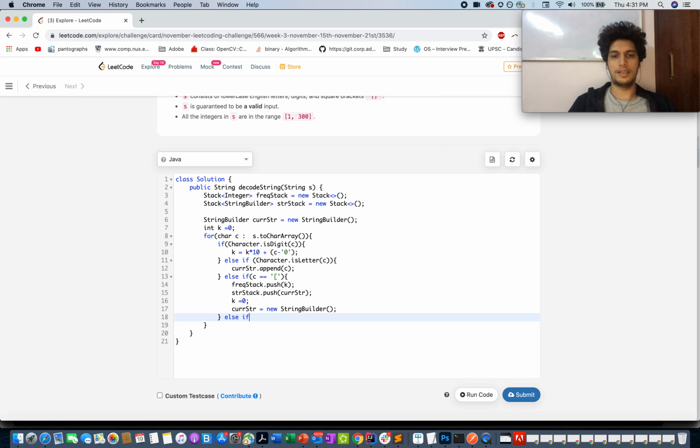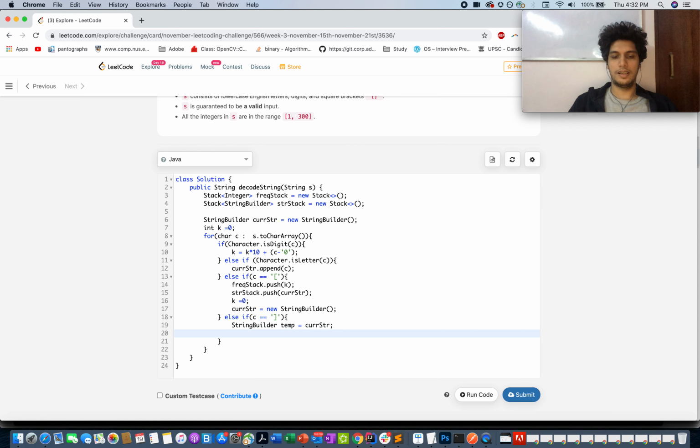The last part, else if c equals the closing square bracket, what you're going to do is simply store the current string value in some other variable. I'll tell you the reason why.